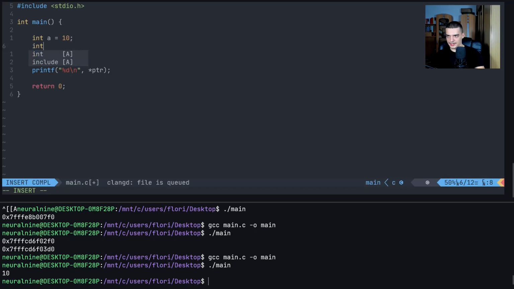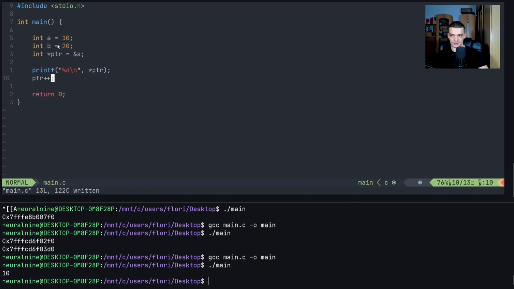And then I can also create another variable b equals 20, and I can say ptr++ without dereferencing, so I'm not actually increasing the a by 1. I'm increasing the value of the pointer by 1. Increasing the value of the pointer means jumping one memory address space to the right, to the next area, which means in terms of an integer, adding 4 bytes. If you're dealing with characters, this is 1 byte, at least with this compiler